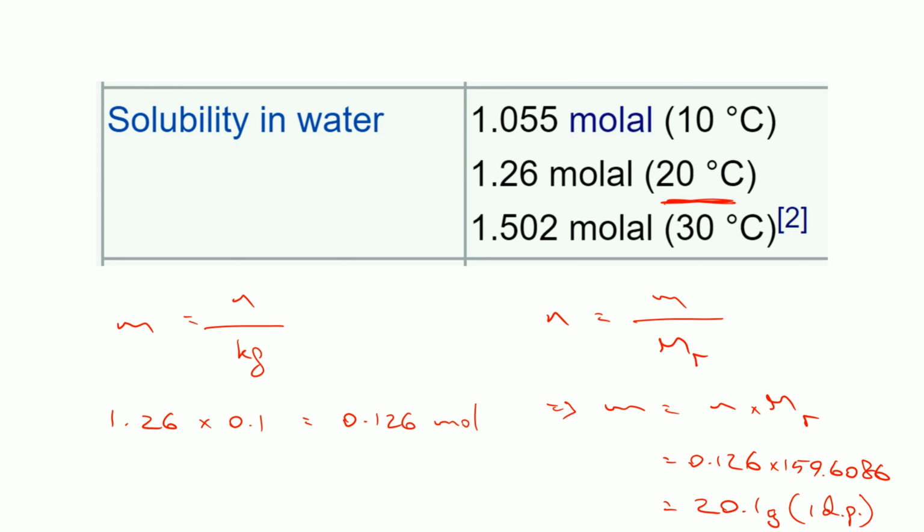Now in terms of this prac, I'm not really too concerned about being super accurate, but I'm just wanting to show you the proper method of working it out. Okay, so we'd work it out, we'd get our answer, we'd put the units, but then we'd show, have we rounded it? Well, yes, I have, because my calculator doesn't say 20.1 exactly. But I'm just going to call that 20-ish anyway. So that is the solubility of copper 2 sulfate in water at 20 degrees is just over 20 grams. Okay, now that's per